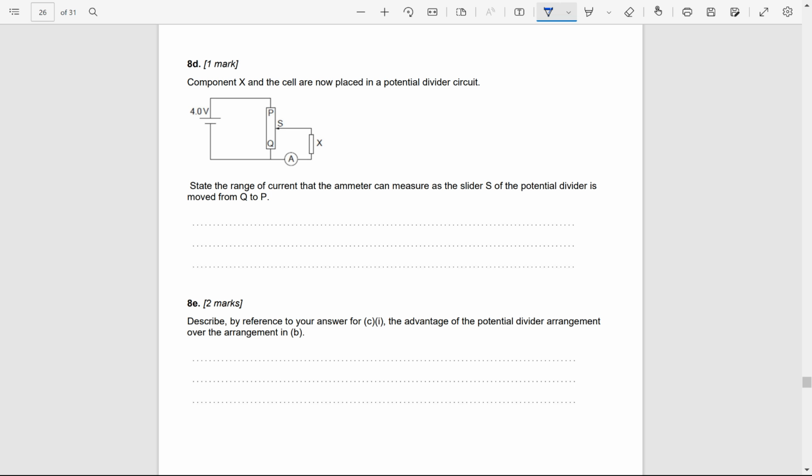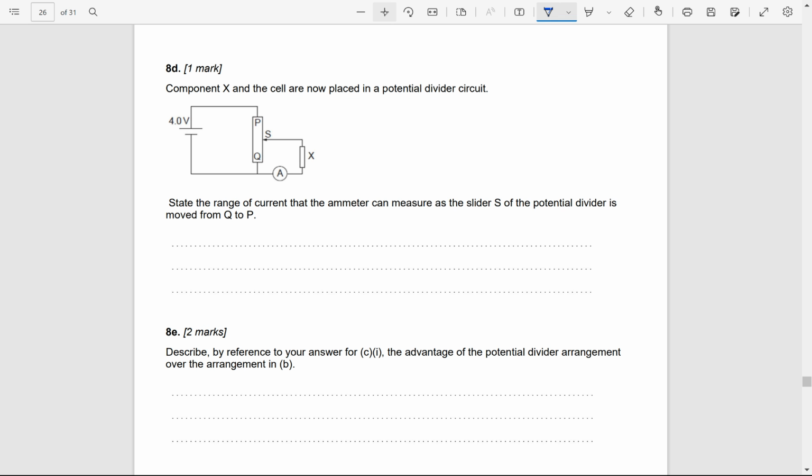8D. State the range of current that the ammeter can measure as the slider of the potential divider is moved from Q to P. Okay, so they've replaced component X by a potential divider circuit. And so the idea is that we've got this slider and it can move up and down this amount to provide different amounts of resistance so that we can read different voltages, if you like, and different current outputs from the